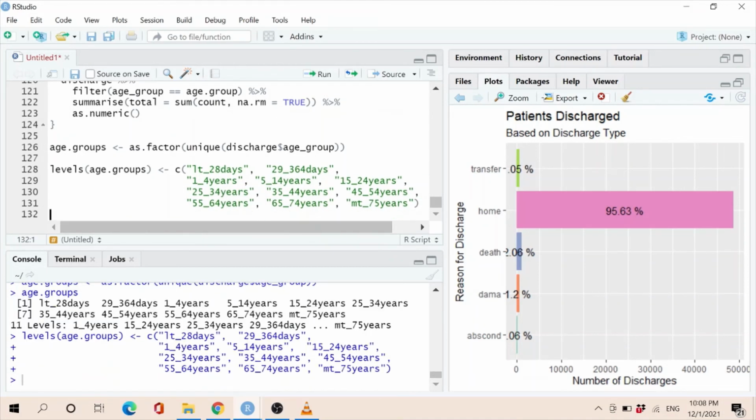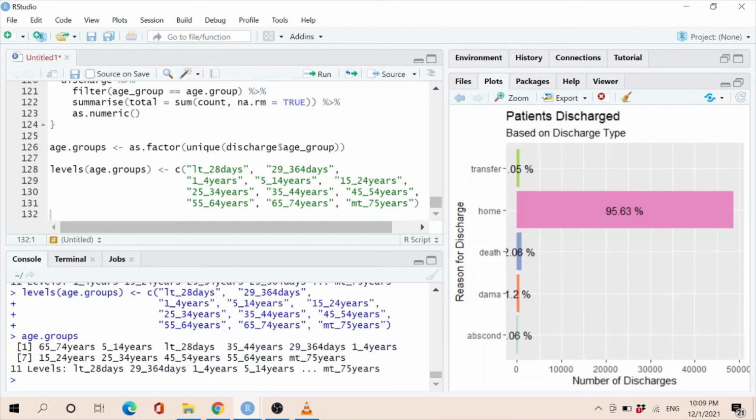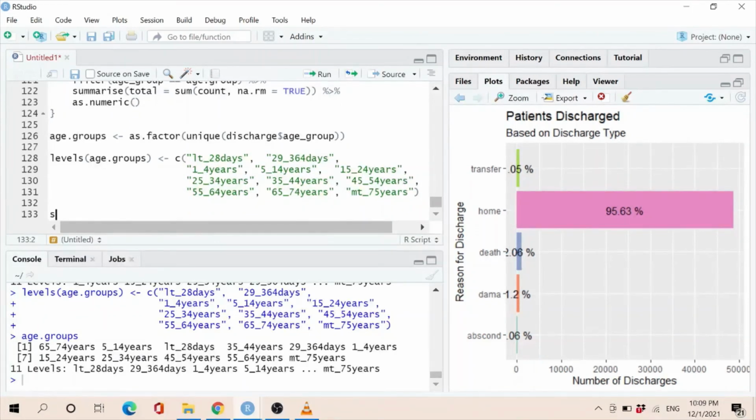We'll run the function here, and once again, if we take a look at age.groups, we see that the levels here have been changed. The order of the values has been changed according to what we have specified earlier here. And now we're going to use the sapply function on the age.groups variable here, where we'll apply the function count.discharge2 and save them inside a data frame,